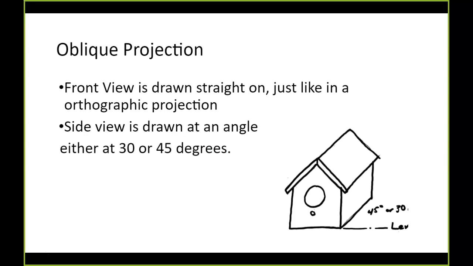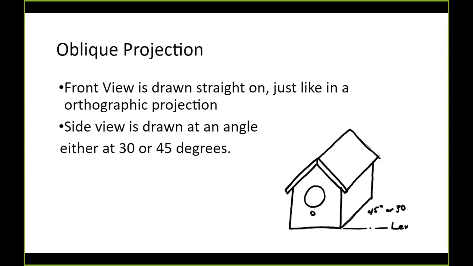So an oblique projection, the front view is drawn straight on, just like it would be in an orthographic projection, which is different than an isometric, where like a front is drawn at an angle towards the left, and our side is typically drawn at an angle towards the right. Here, in an oblique, the front view is drawn straight on. Okay, then our side view is drawn at an angle,